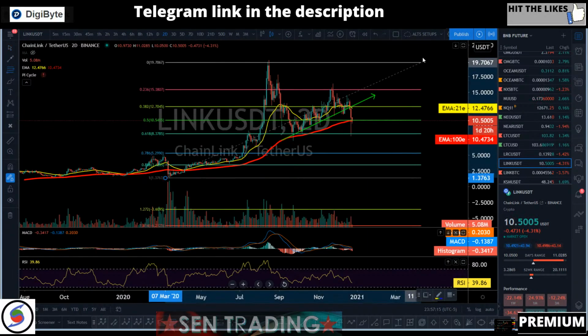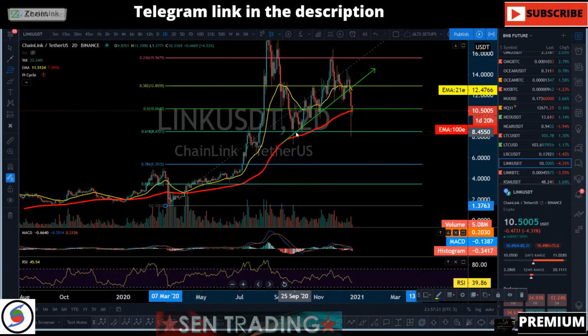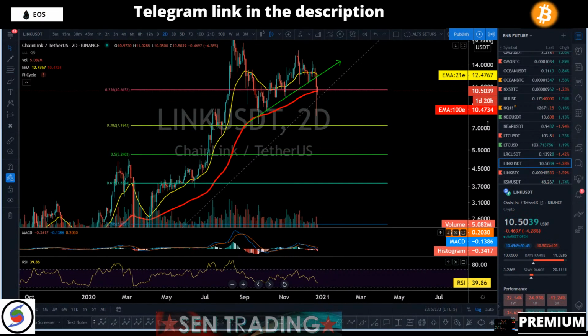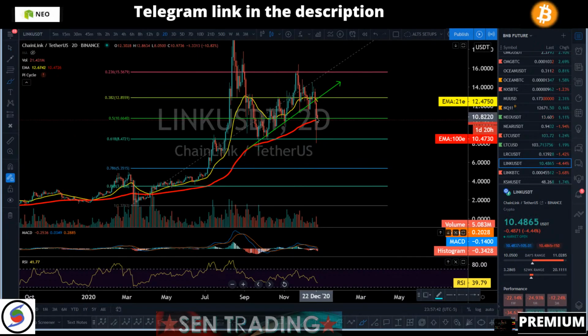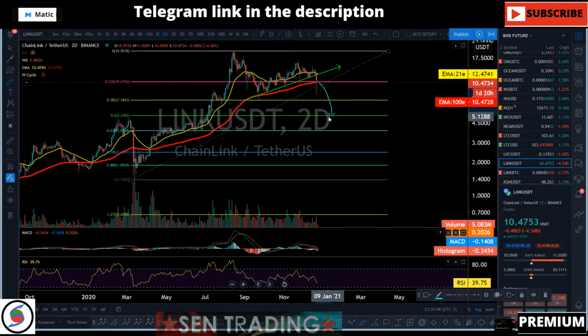On linear scale we already hit 0.618, but if you switch it to log scale, it's only 0.382. You see what I'm saying? So it is very, very important to know how to use your Fibonacci levels. Otherwise, if you just use linear scale, you might be like, okay, we're going to the moon, right? But it might not let you do that, because it might be retracing lower on a log scale, which is a 50% pullback. Just something to keep in mind.